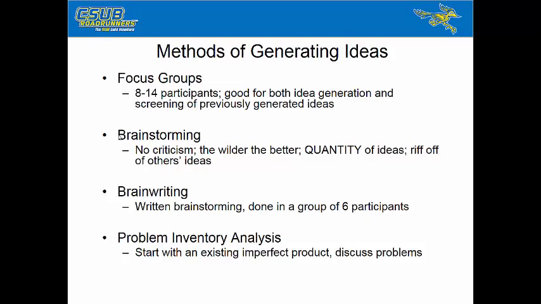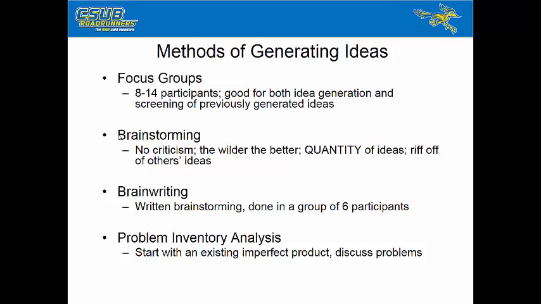So once one person has an idea, we kind of did that in here. We talked about one kind of software product, and then other people said, well, I've noticed this. Maybe we should do this kind of product instead. So building off of other people's ideas is an important aspect of brainstorming as well. Brainwriting. It's kind of written brainstorming. You do it usually in a group of 6. So instead of calling out loud and putting stuff on a board, you're writing stuff down on a sheet of paper and then passing it on to other members of the group, who then add their ideas to the brainstorm ideas on the piece of paper.